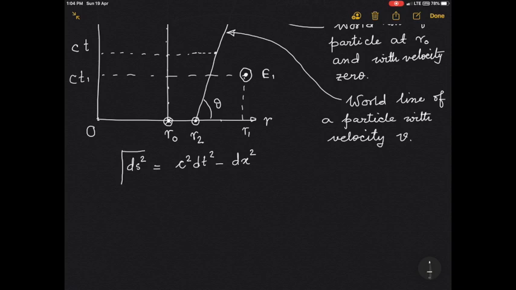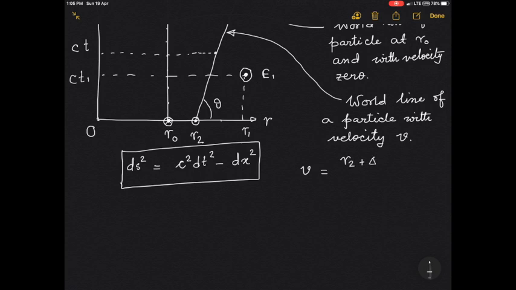So let me keep it here, it will be useful shortly. Now the particle has a velocity v. What is v by definition? If the particle goes to a place r2 plus delta r from a place r2,